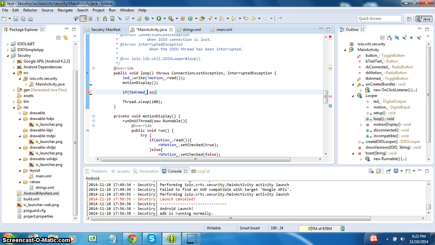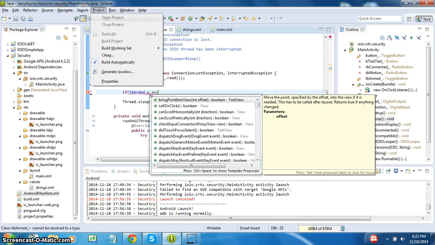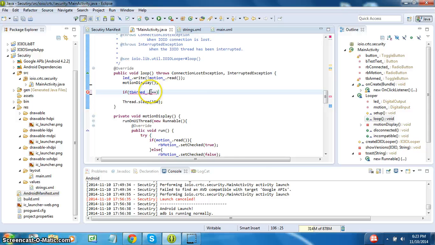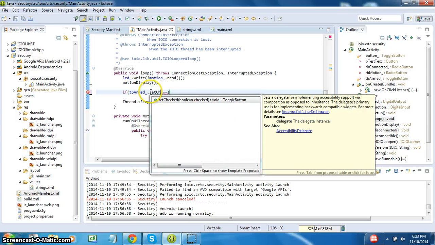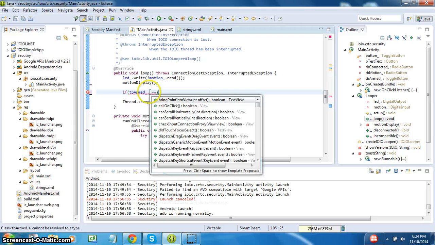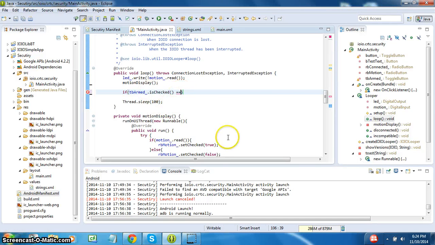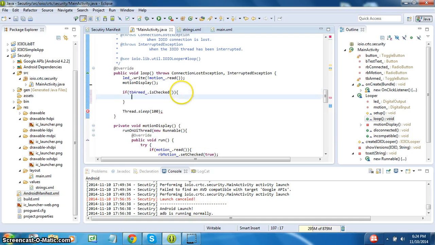TB armed underscore dot set checked dot is checked, which gives us a true or false. Let's just leave it like that. If it is checked, then do what is in here, and this will be